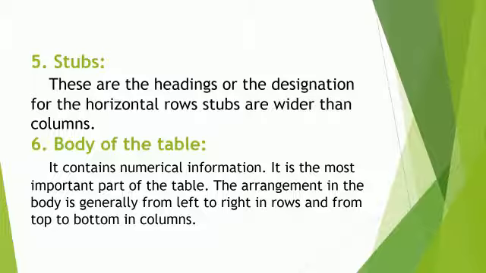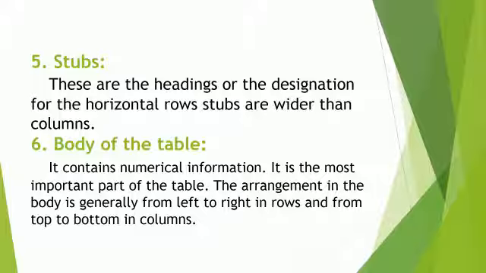Next part is stubs, or row designations. Stub stands for a brief and self-explanatory heading of horizontal rows. Normally, a relatively more important classification is given in rows. Also, a variable with a large number of classes is usually represented in rows. For example, rows may stand for score classes and columns for data related to the sex of students. In this case, there will be many rows for score classes but only two columns for male and female students.